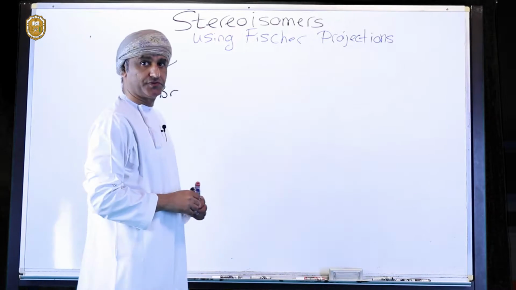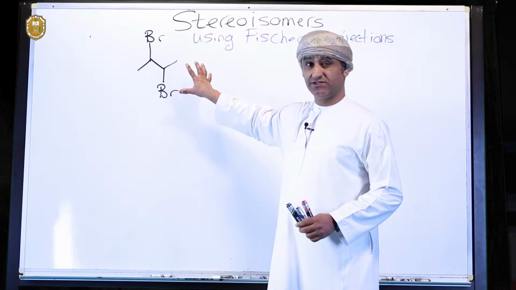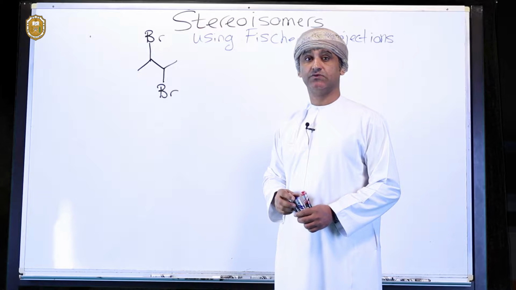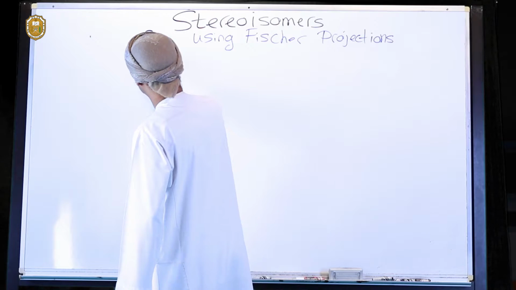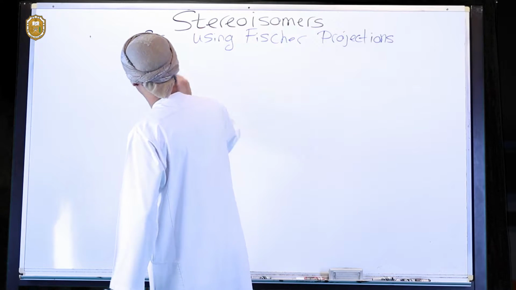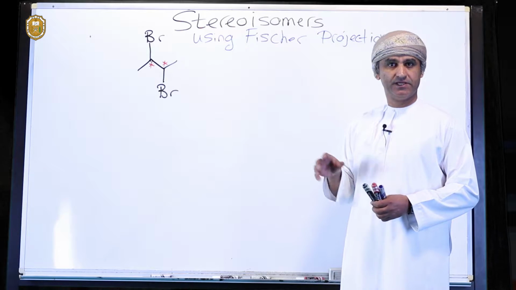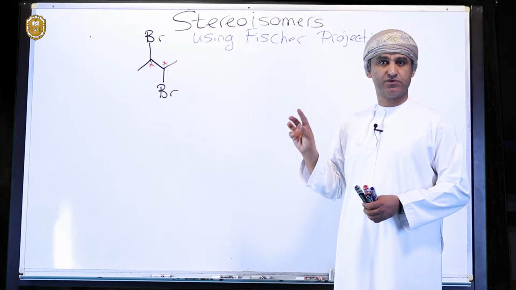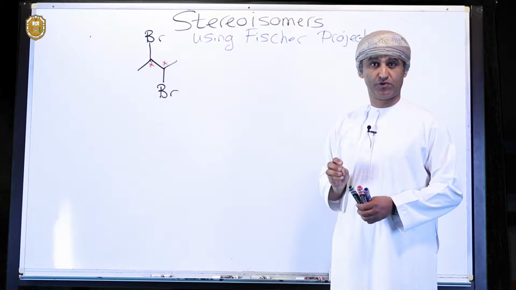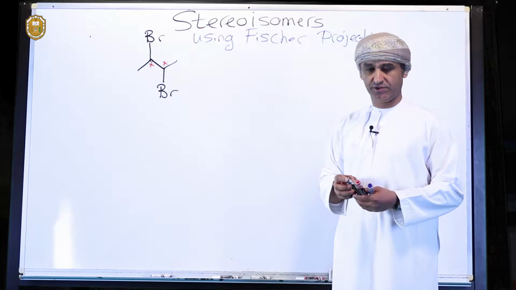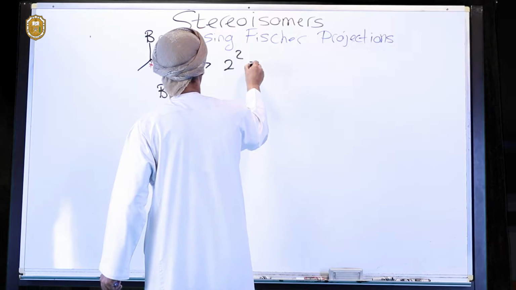dibromobutane. If you look at this molecule, you will see that it has two chiral centers, two stereo centers. This is one of them, and that's the other. So there are two stereo centers, and therefore, initially at least, just following the 2 to the n formula, you would be able to predict 4 stereoisomers accordingly. So 2 to the 2, therefore 4